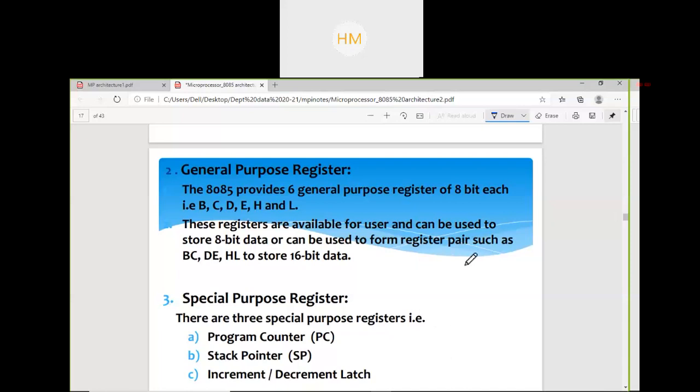It has register pairs of 16-bit, named BC, DE, HL. You can't join BD, CE or HD. These are fixed register pairs. Clear? If I am using a register pair, it signifies that you are using 16-bit data.